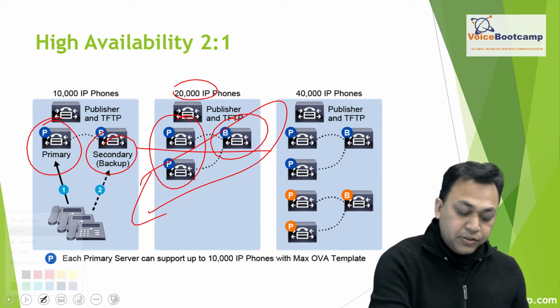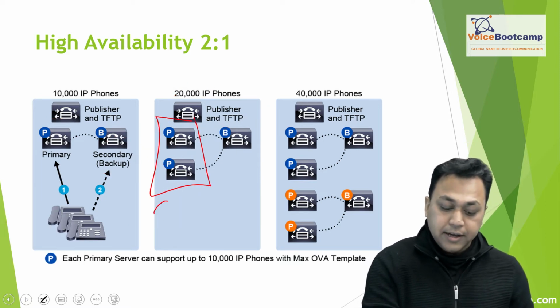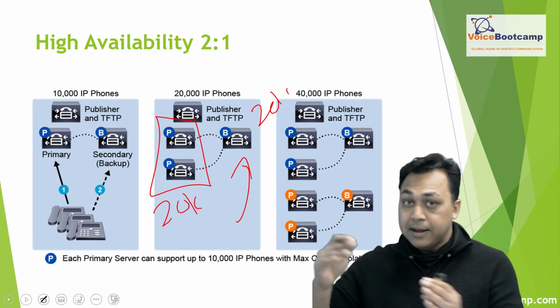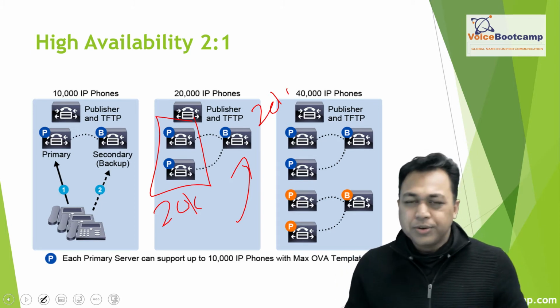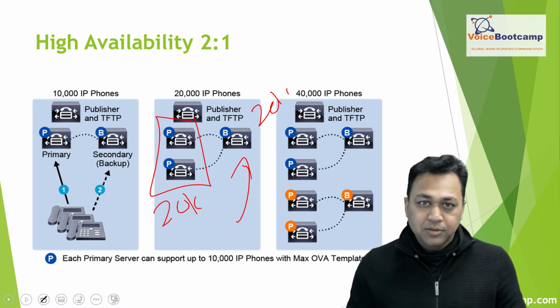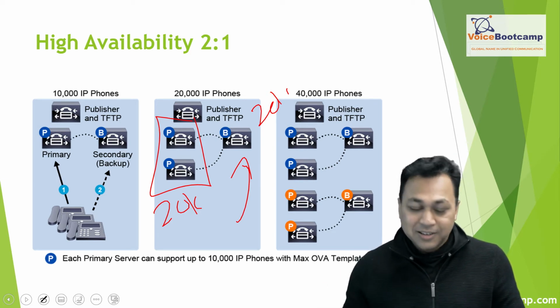Group two, you'll have server A primary, server B secondary, or reverse the order, doesn't really matter. But again, in this scenario, you gotta keep the same thing in mind. If both of these servers can handle 20K, the backup should be able to handle 20K if both servers go down. Now, chances of both servers going down are very rare. But if that happens, then there could be some questions regarding the designers and the administrators rather than the capacity